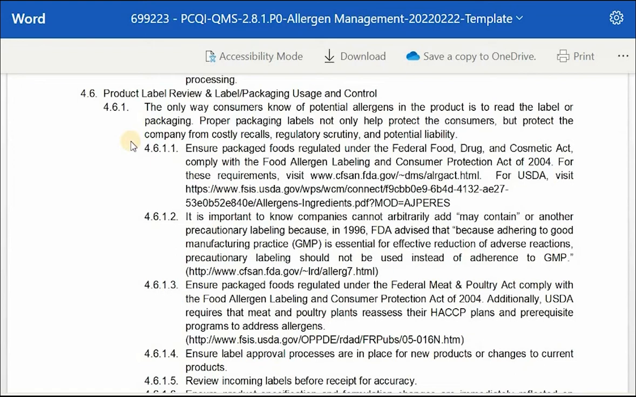Visit www.cfsan.fda.gov-dms-allergact.html. For USDA, visit https://www.fsis.usda.gov. It is important to know companies cannot arbitrarily add "may contain" or other precautionary labeling because, in 1996, FDA